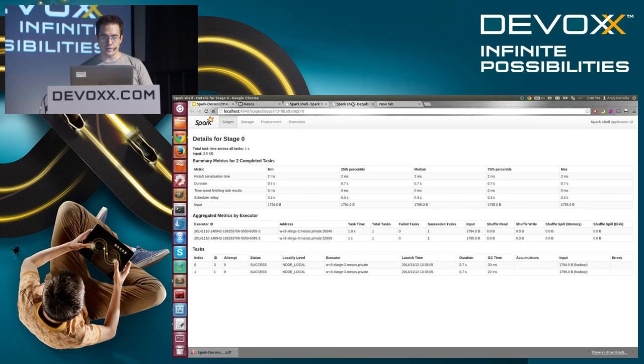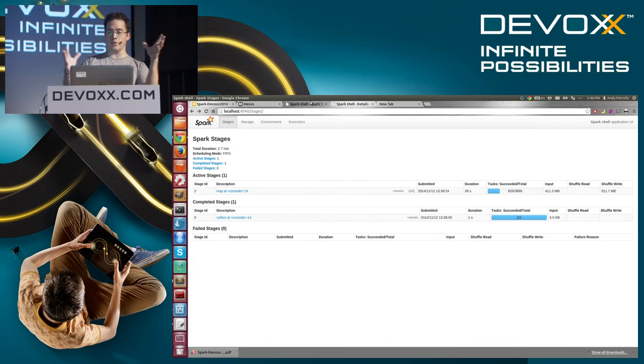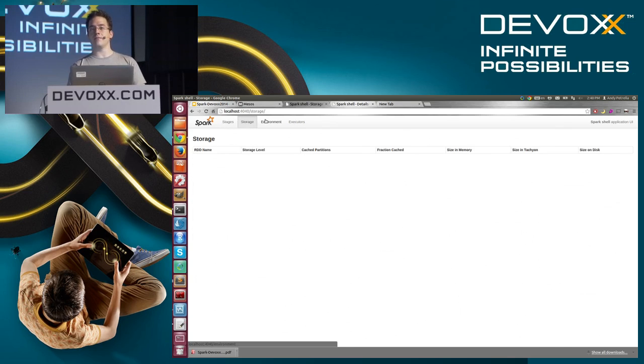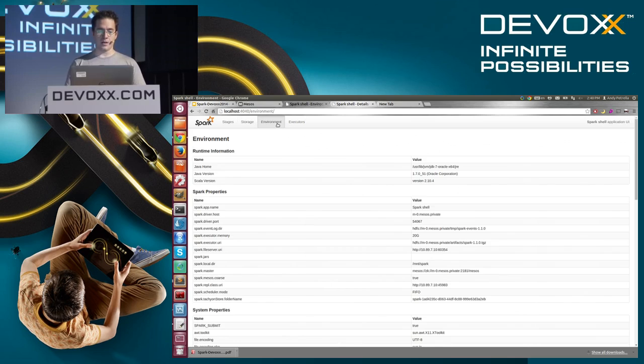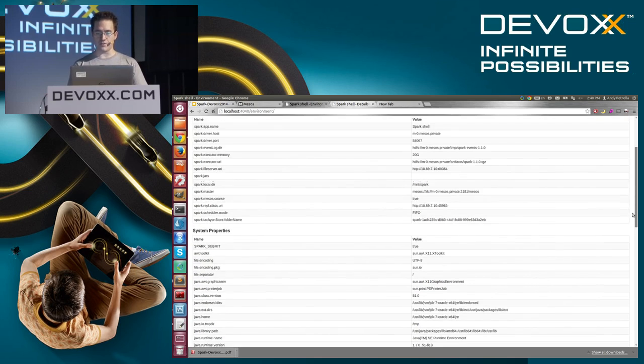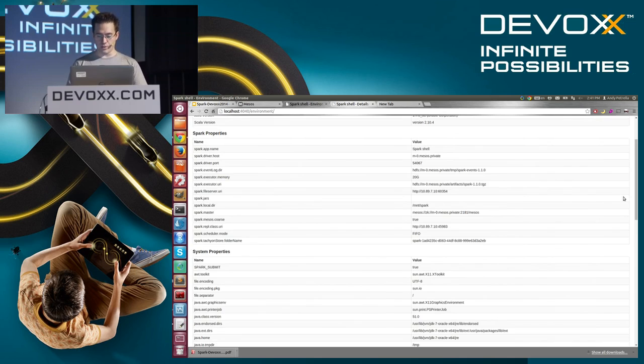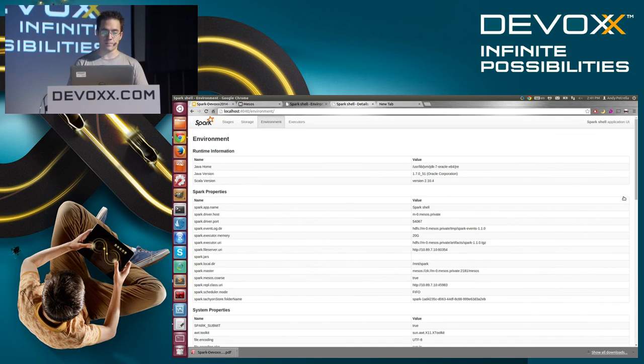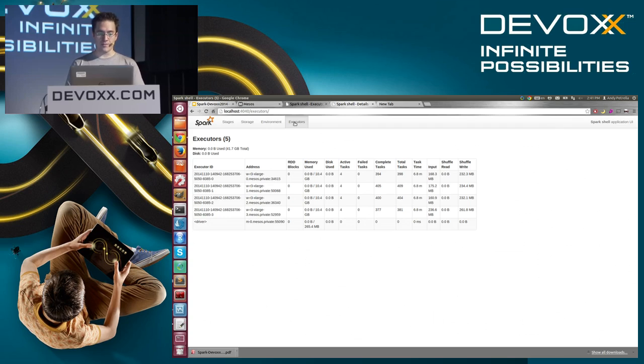Okay, so this UI gives you information not only about how your task is performing, but also about the RDDs if they are cached. I'm not caching the RDDs right now. This is something we could show in another moment. So running out of time. It also gives you the configuration, very important to inspect your cluster when you're up and running, because when things go wrong, most of the time is because the configuration is wrong somewhere. So that will give you already some insight if you get this far. And we have there the executors that are working for my job at this point.